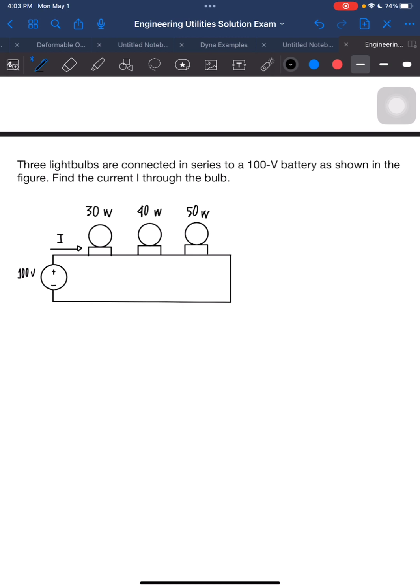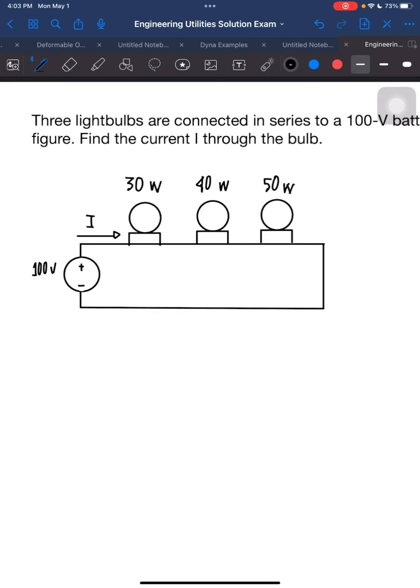Next problem. 3 light bulbs are connected in series to a 100 volt battery as shown in the figure. Find the current I through the bulb. So, ang magagamit natin dito, kung paano natin masolve yung current, ay summation of power. Ang alam natin na formula is P is equal to IV. Then, solve. Summation of power is equal to 0. Since ang power is equal to IV, so 100 volts times I,